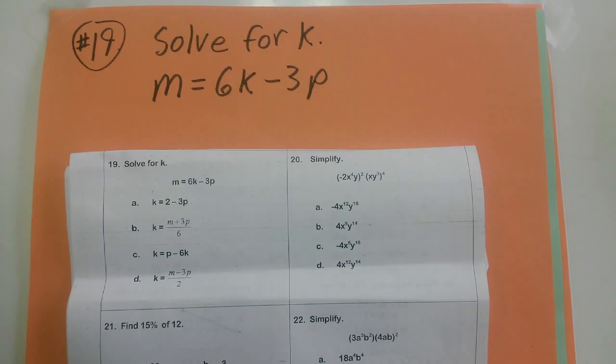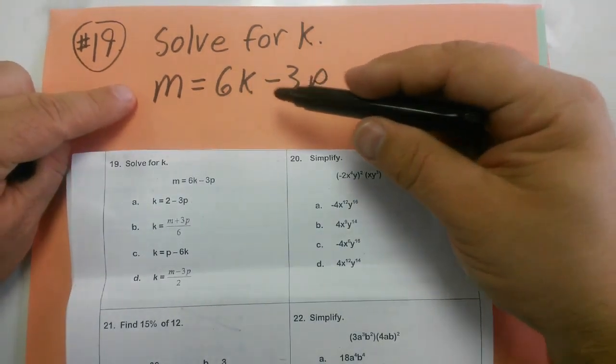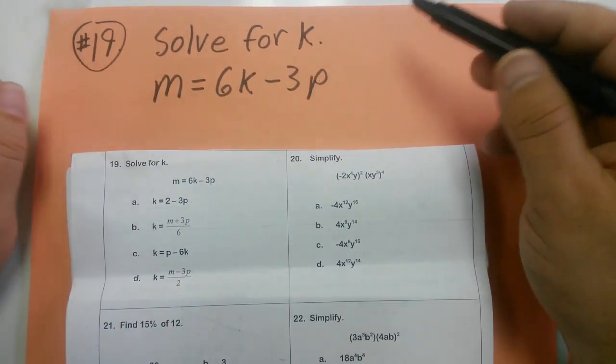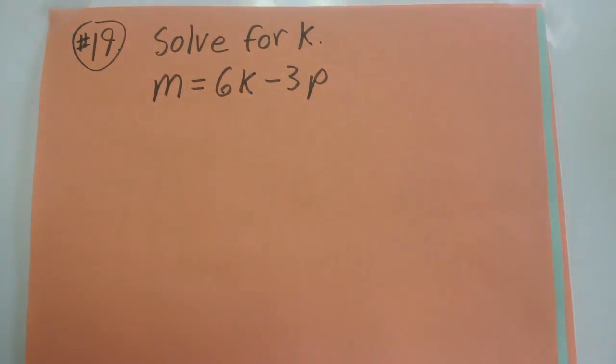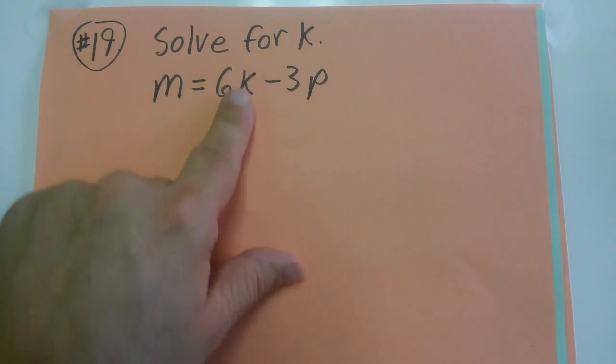Number 19 on the PERT practice, we have another literal equation, m equals 6k minus 3p. Basically what we want to do is solve for k. Literal equation means it has more than two variables in it. So if I'm solving for k, what I want to do is isolate that variable k,